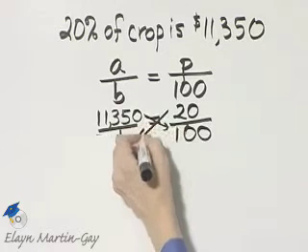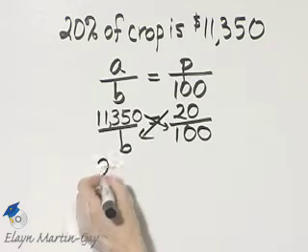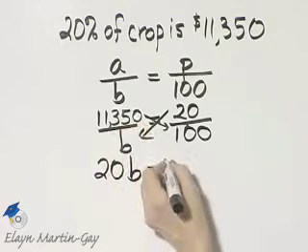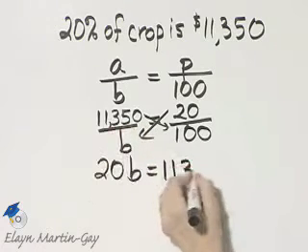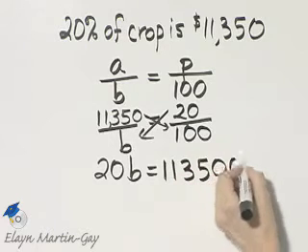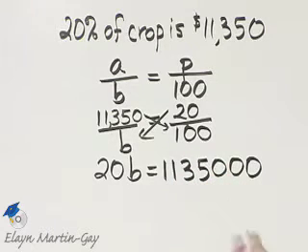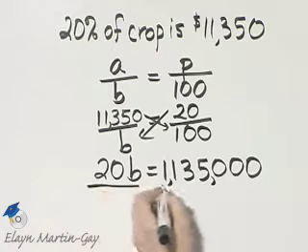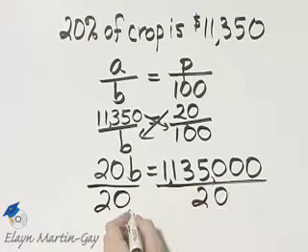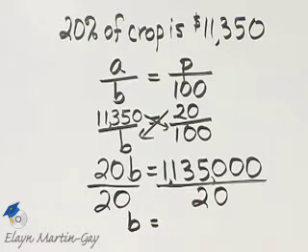To solve, let's cross multiply, and I have 20 times B, or 20B, is equal to this product. Let me write this number down, 11350, and multiplying by 100, I'll simply insert two more zeros, and now I can put in my commas. That's 1,135,000. To solve for B, I'll divide both sides by the coefficient of B, which is 20, and then B will be, now you need to go off to the side and divide, and if you do so, you'll have